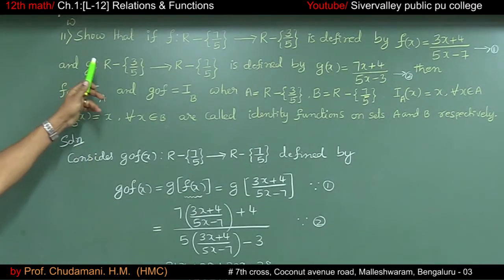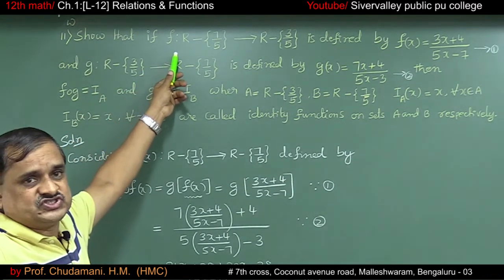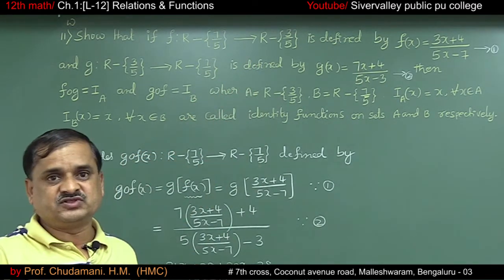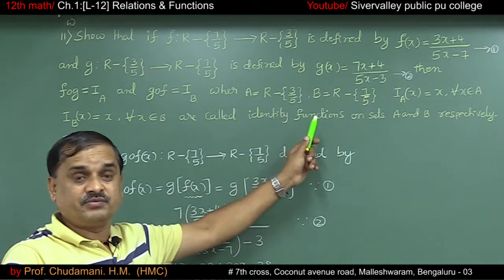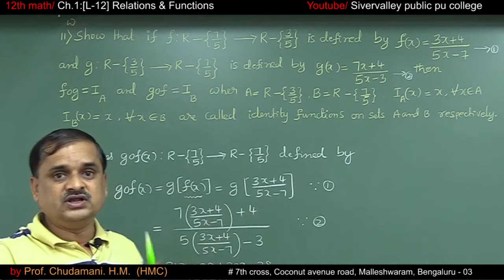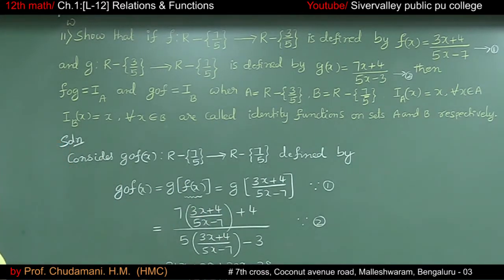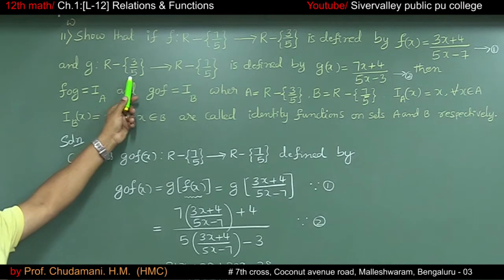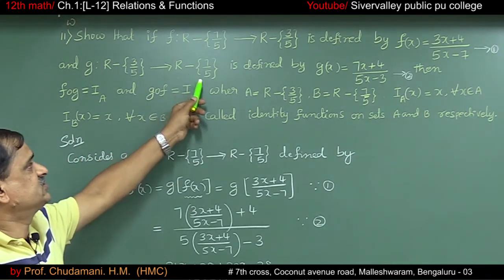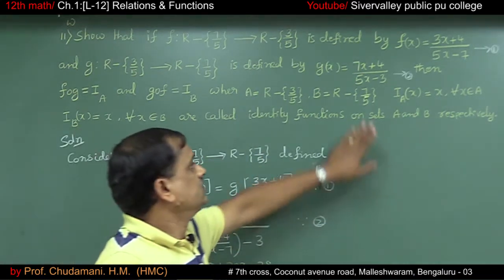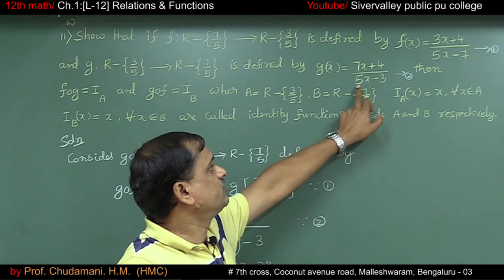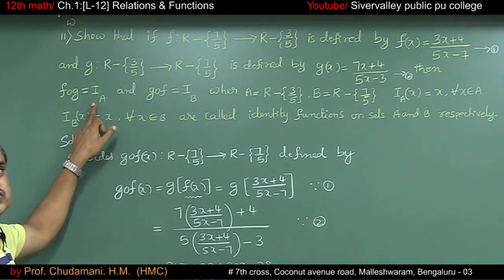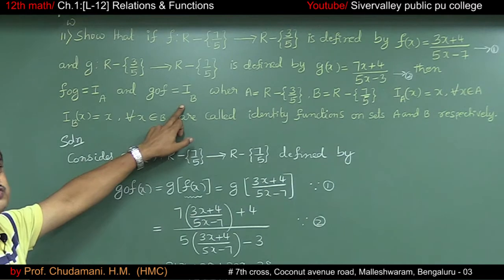11th one, worked example. Show that if f from the set of real numbers except 7 by 5 to the set of real numbers except 3 by 5 is defined by f of x is equal to 3x plus 4 divided by 5x minus 7, say 1, and another function g from the set of real numbers excluding 3 by 5 to the set of real numbers except 7 by 5 is defined by g of x is equal to 7x plus 4 divided by 5x minus 3, say 2, then fog is an identity function on the set A and gof is an identity function on the set B,